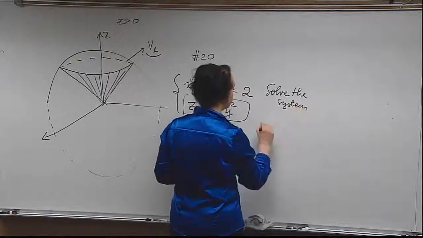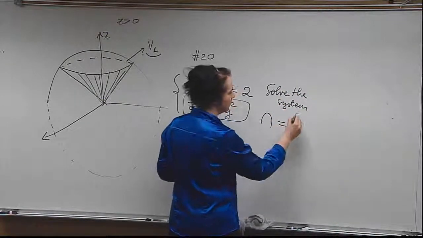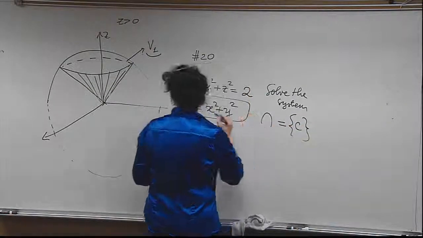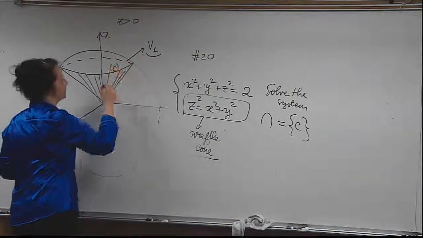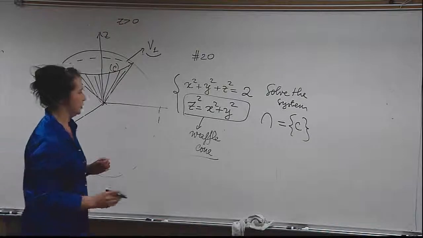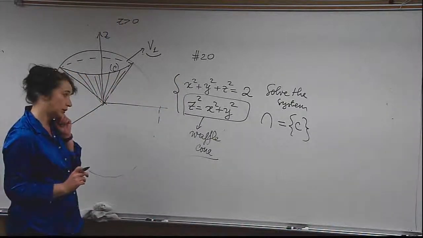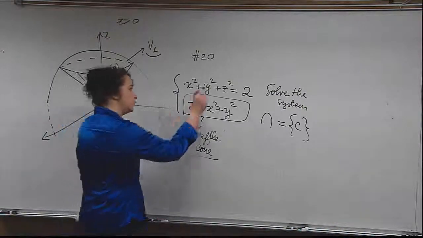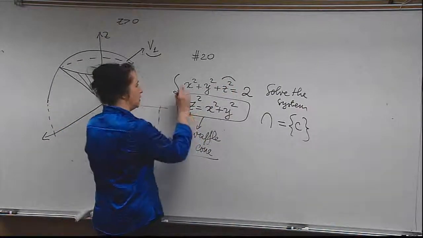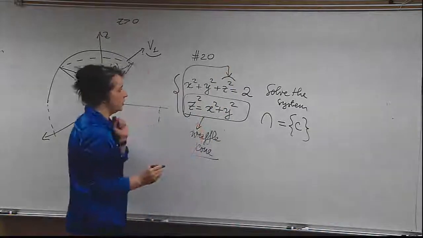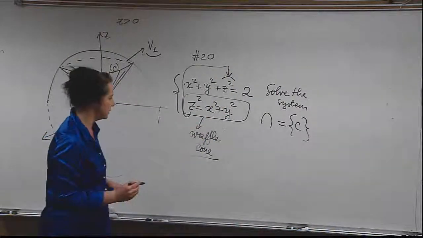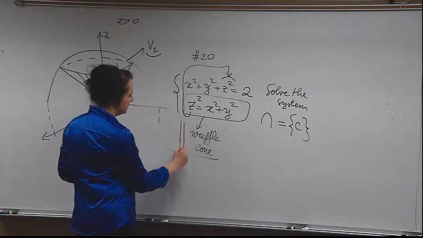And the intersection of the two is Mr. C, which is Mr. Circle. All right, so what do I do? I'm going to say I have to be smart on that one. So if z squared from here, plug it in, substitute, is the same as x squared plus y squared, that means this is if and only if